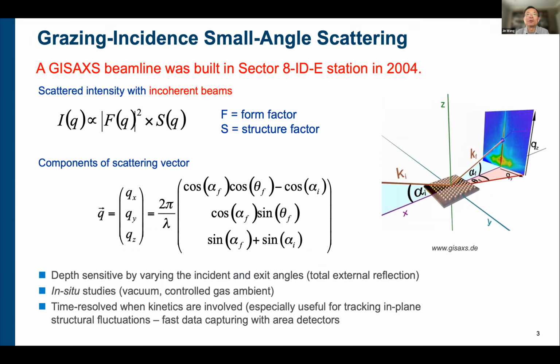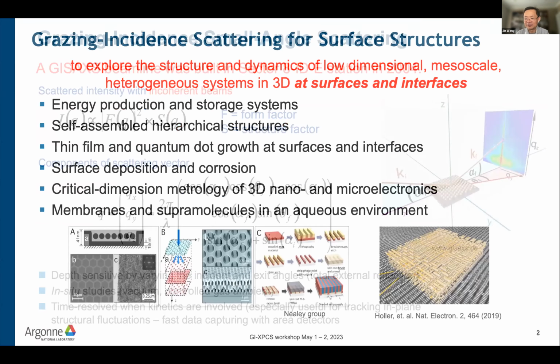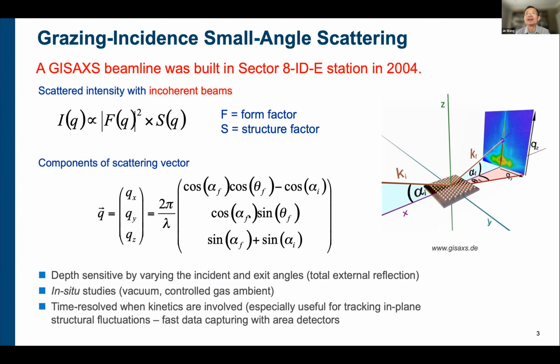Now we always do it with an area detector so that we can see a lot more in reciprocal space, the QX, QY, QZ components, where you can have depth sensitivity by varying the incident and exit angles. Recognizing the power of that method,